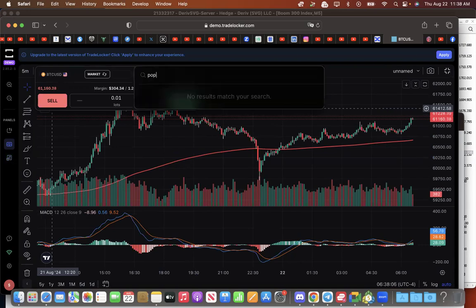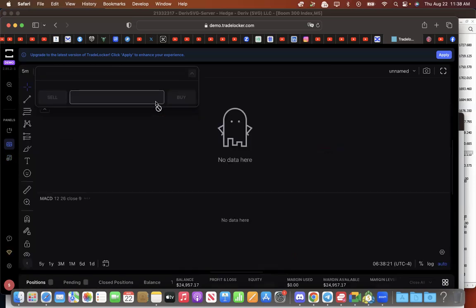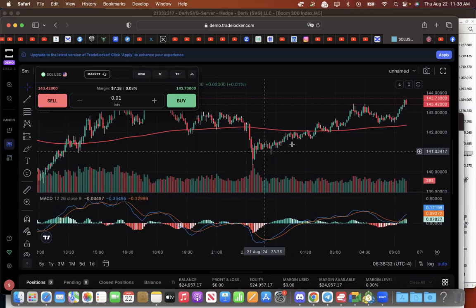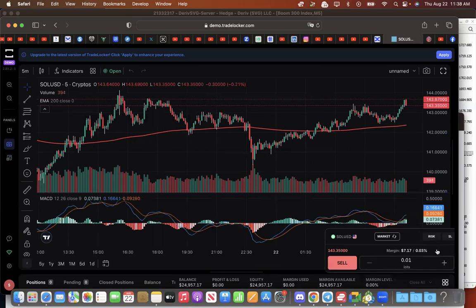we can't have Popcat here because it's a meme coin. Solana. What's going on? Network or what happened? Aha. What? So this is TradeLocker. I use it to trade futures. I use it to trade different instruments outside synthetics. So that is currency,